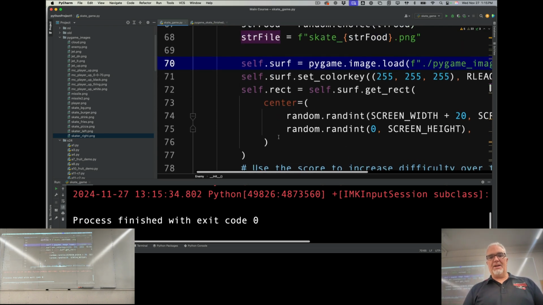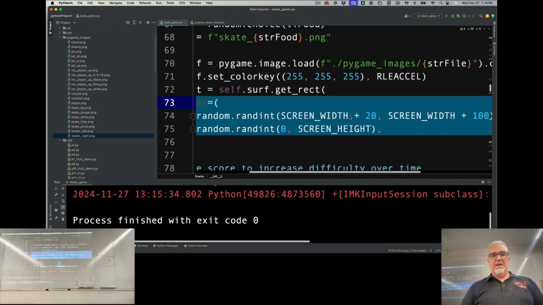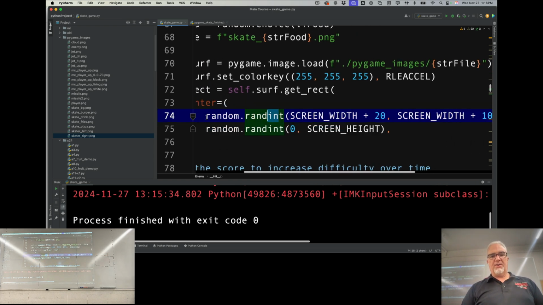So far, so good. So next we want to figure out where the food starts. Now, what we had before, again, is we have the screen, and I basically said it's going to be somewhere over here that they're going to start, to the right. But now, what I want is for them to start somewhere up there instead. So it basically is just flipping this on its head, or on its side, rather, I guess. But the X value is this first line, right? And so what I want on the X value is I want between